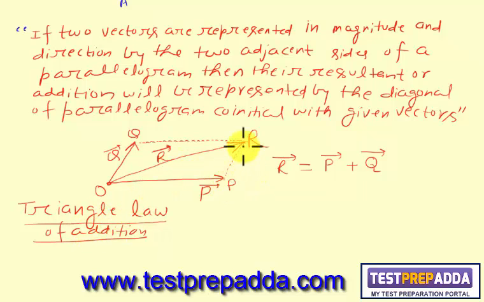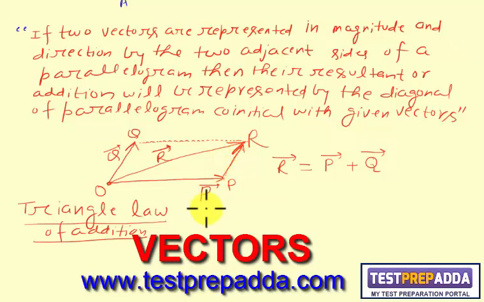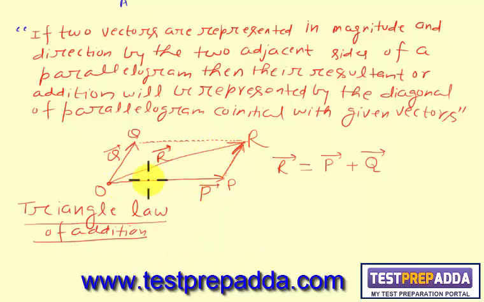Since you can see this PR is parallel to OQ. So OP is one vector, PR is another vector, OR. These three sides will give us a triangle. So we can deduce another law, and that is